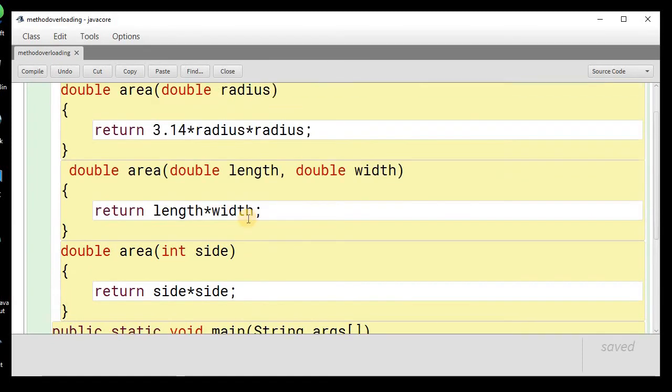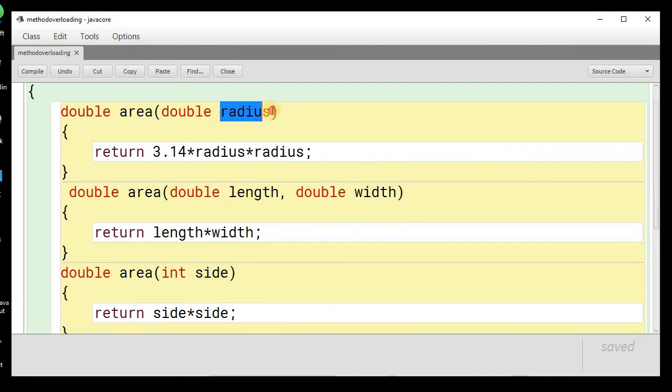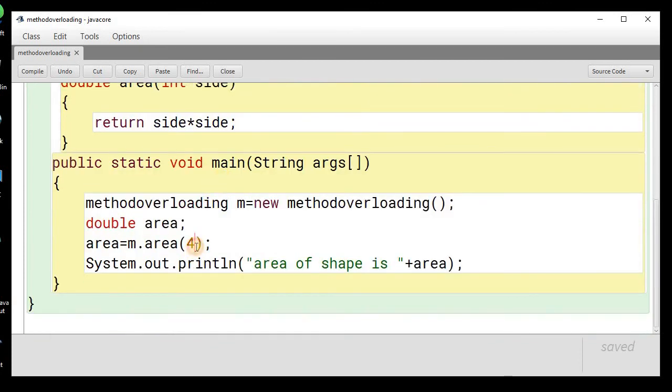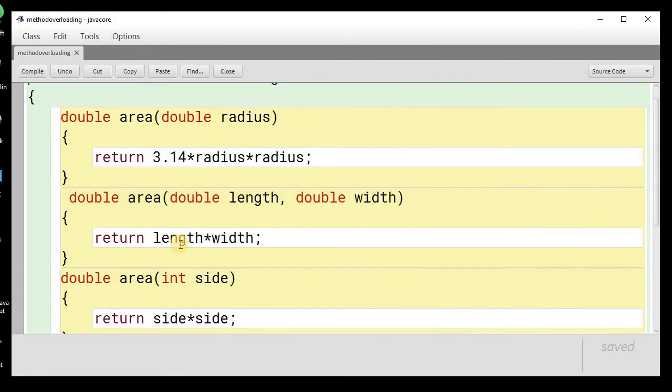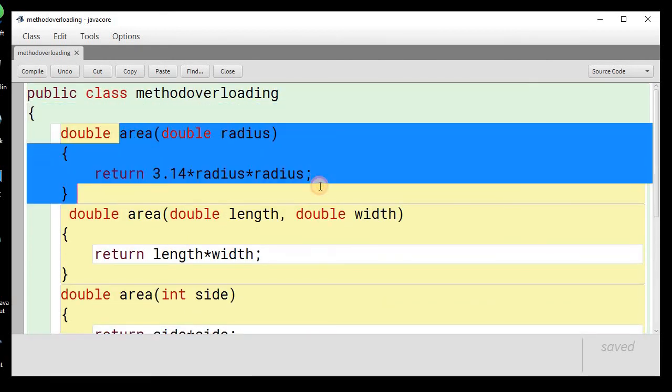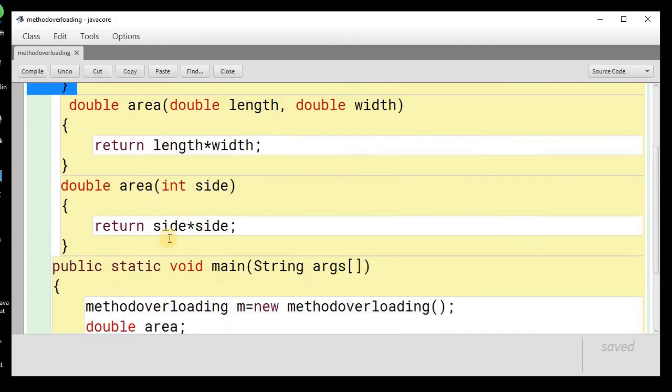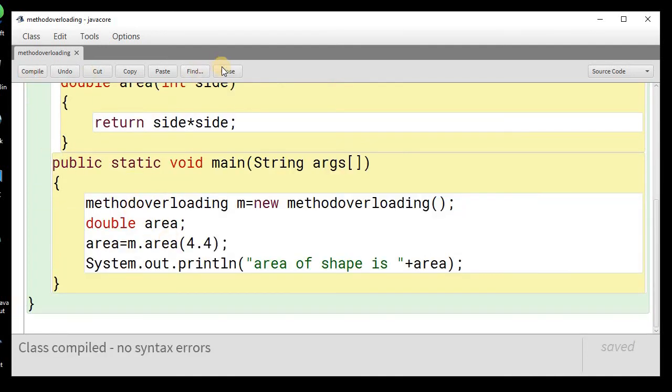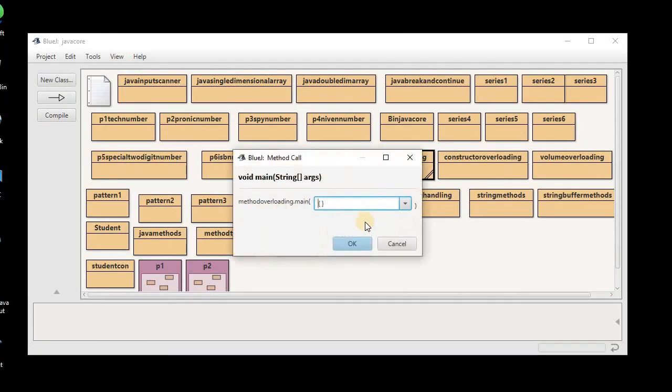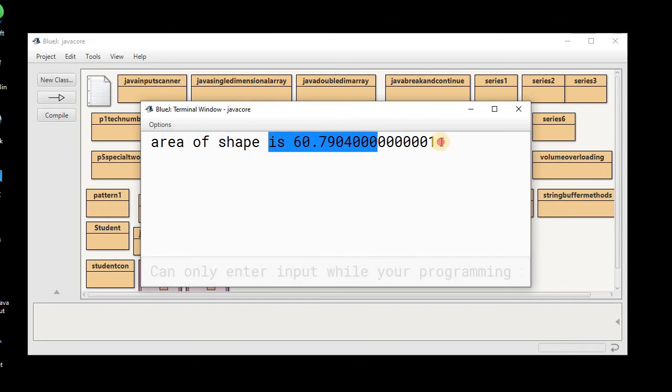Now if you want to calculate the area of the circle, we need to give the radius. So let's pass the radius in the form 4.4. Now we don't need to write anything like area of circle here. We can simply use this area function because it has been overloaded with multiple definitions. Now automatically this function will call this definition based on the parameter list and will return the area of the circle. So let me compile and show you that the result will be different, and we have the area of the circle.